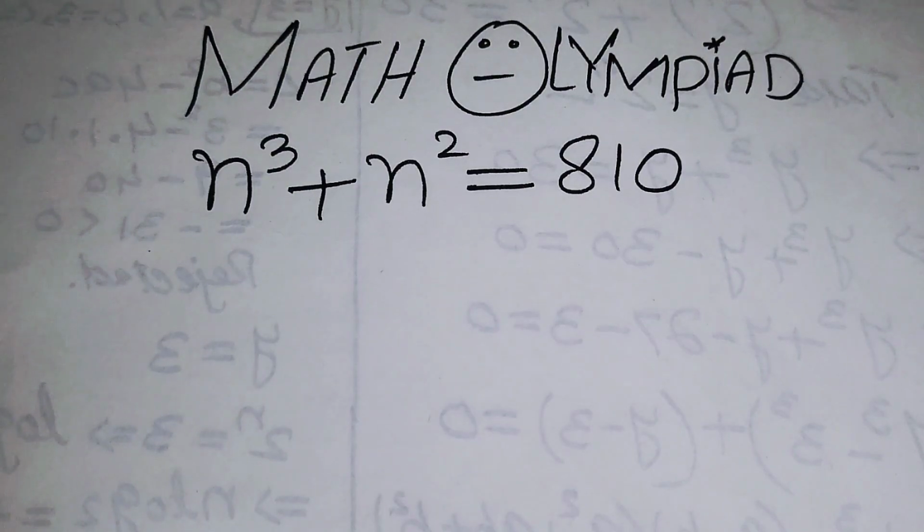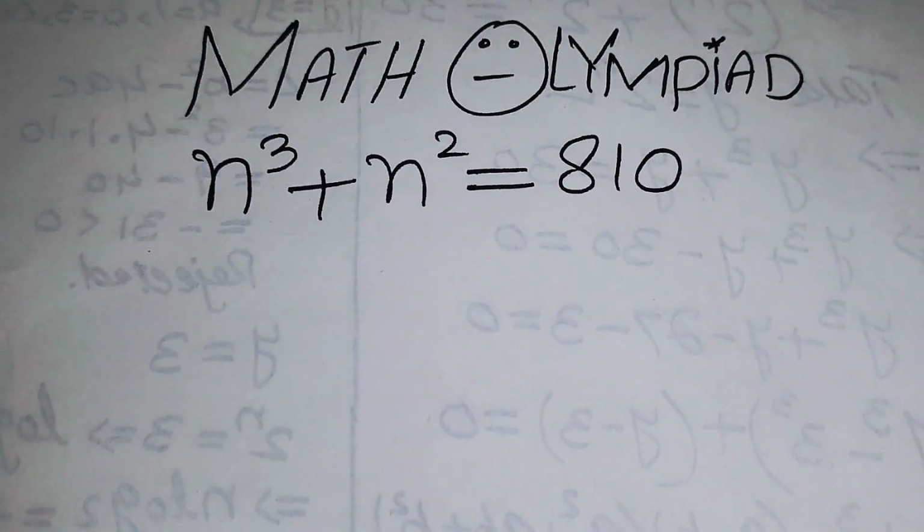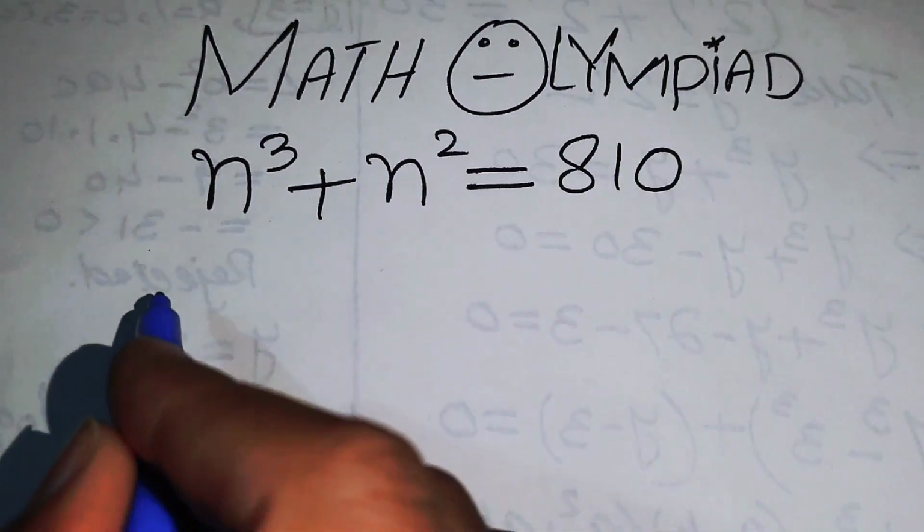In this video we are going to solve this nice math Olympiad algebraic challenge, and here we have n cubed plus n squared equals 810, and we will solve this problem for the values of n. So the very first thing we are going to do is focus on the right hand side, and our right hand side will be